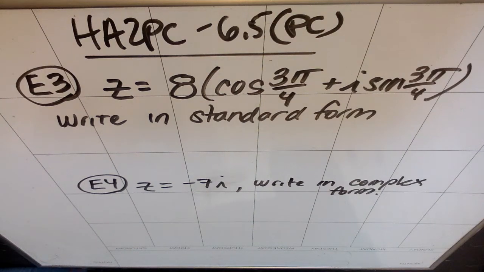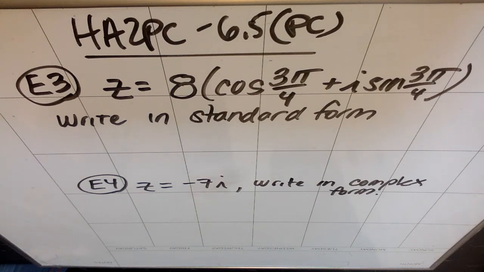This is Honors Algebra 2 Pre-Calculus. We're doing section 6.5 in the pre-calc book, which is the trigonometric form of complex numbers. So we're going to do two examples now. We're going to do example 3, which is sort of the opposite of what we did in example 2. And then we'll do example 4, which is really similar to example 2, but a slightly easier version, which can